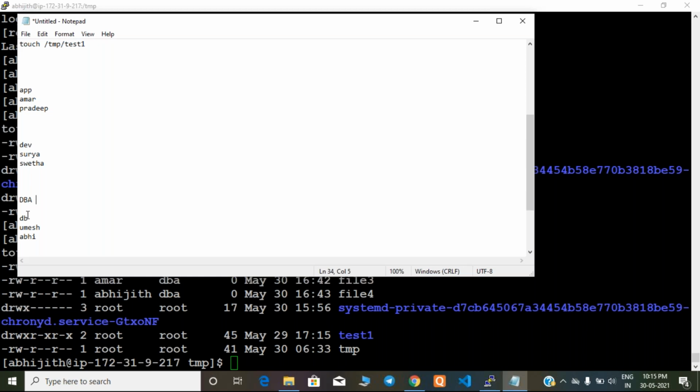I created a DBA group privately and added all the users into the DBA group, so it doesn't matter whether it is Umesh or Abhi or Amar, whoever is part of this. For the database team, if anybody creates a file, the owner will be that user, and the group will be the DBA group.